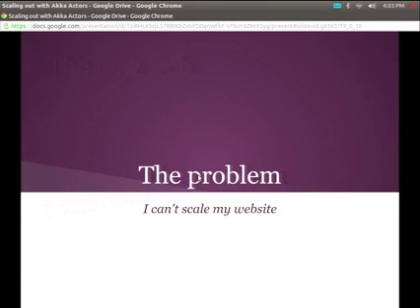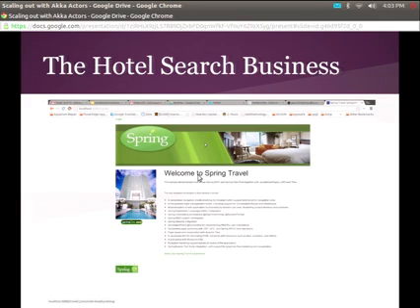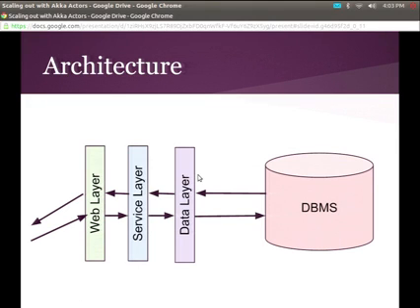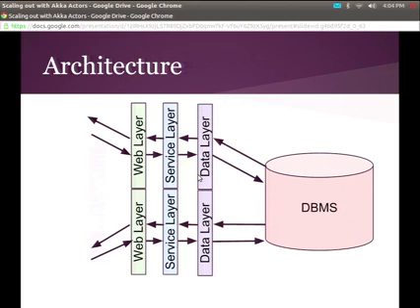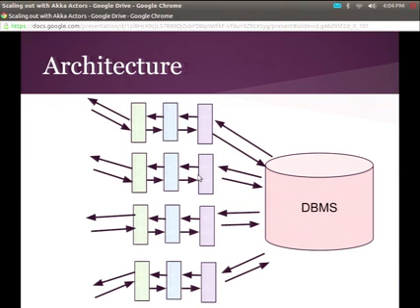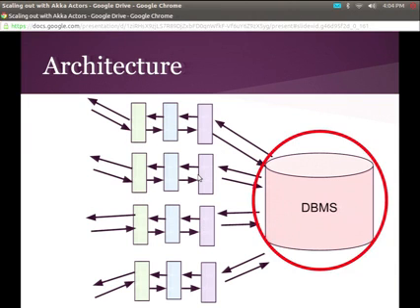All right. The problem: I can't scale my website. Right? I have a website and it's doing stuff, and I have issues. So this is taken from a Spring One talk where we're using the Spring travel system, and we were having issues scaling. So we took a look at our architecture. Right? We had classic web, service, data, database. And then we scaled out. So when we scaled out, what did we do? We made the web, service, data layer twice. And then database. And we're still having problems. So we scale out. Anyone see what the issue is? Yeah. We have one database.